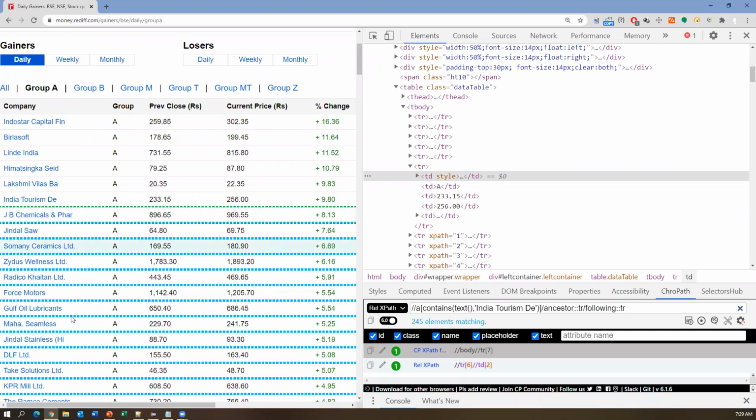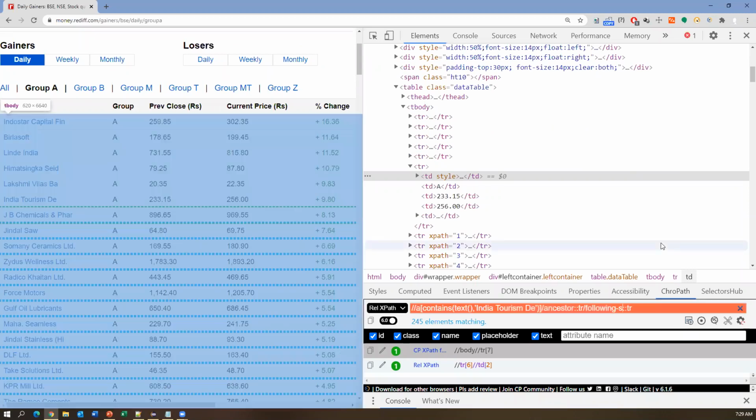So these are the following nodes. Instead of following, I say following hyphen sibling. It is not plural, guys, just following hyphen sibling, and slash here.